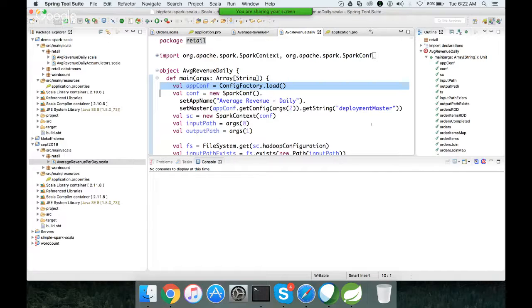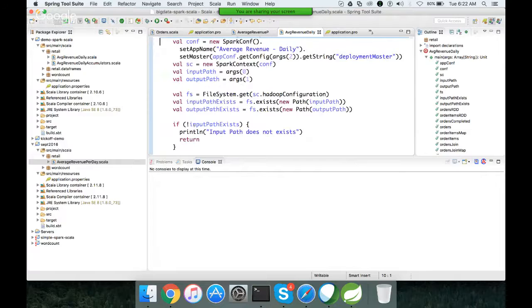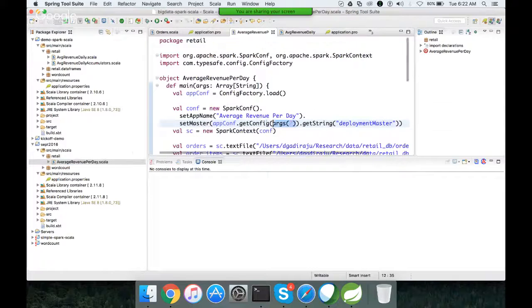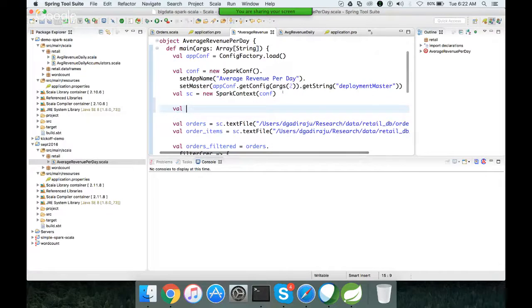They don't externalize into the configuration file, but in some cases they do. It all depends upon how you design your application. Okay, so now we will actually get the input path as well as output path. We will try to pass those things as parameters to our application. Here I'm trying to create a variable which says in path or input path, and the first argument,